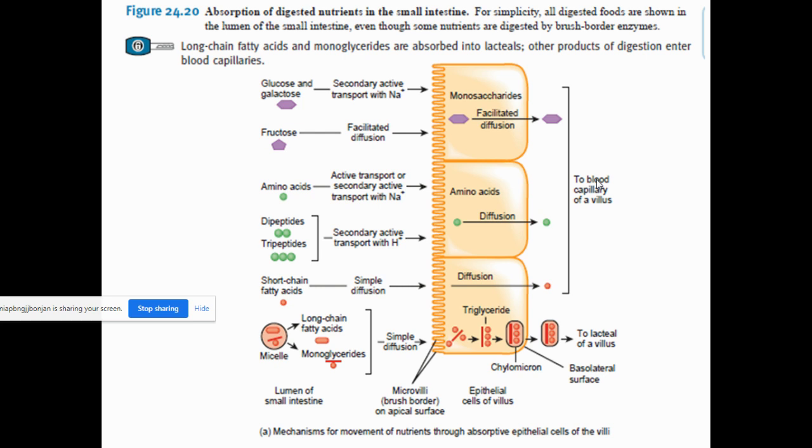Now we will go on to the absorption of lipids. Lipids are absorbed via simple diffusion. The fatty acids are of different lengths. Some are short chain fatty acids, some are long chain fatty acids. The short chain fatty acids undergo simple diffusion because they are hydrophobic in nature. They can easily move across the plasma membrane. So they are transported by simple diffusion, enter the absorptive cell, and again are transported from the absorptive cell into the interstitial space, and then carried to the blood vessel.